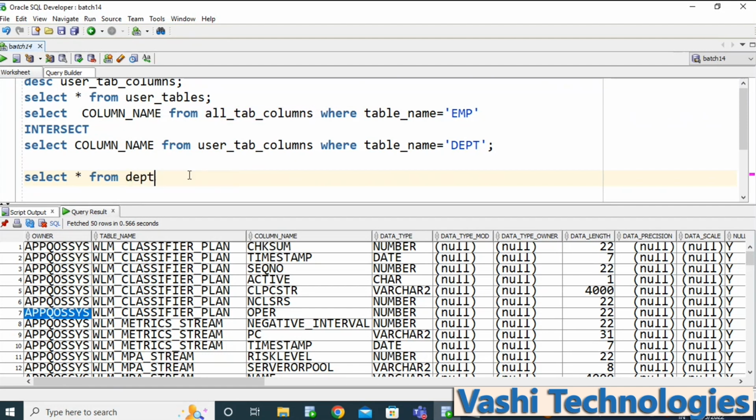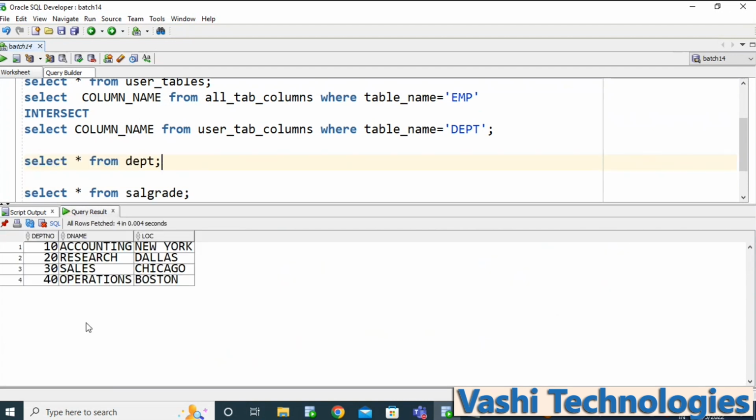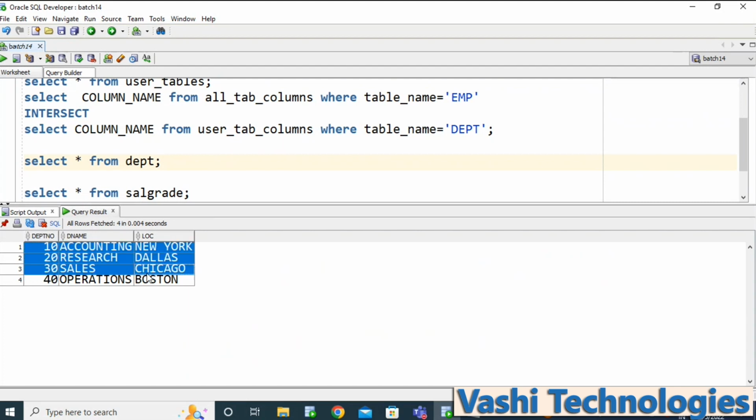This DEPT has the department values, and all are unique values in this case. You don't have any duplicate value, so maybe it is a primary key or parent table. There are no duplicates in the particular column, in the sense that you are maintaining unique data. See the parent ID, if you are maintaining the parent information, one parent has only one ID.